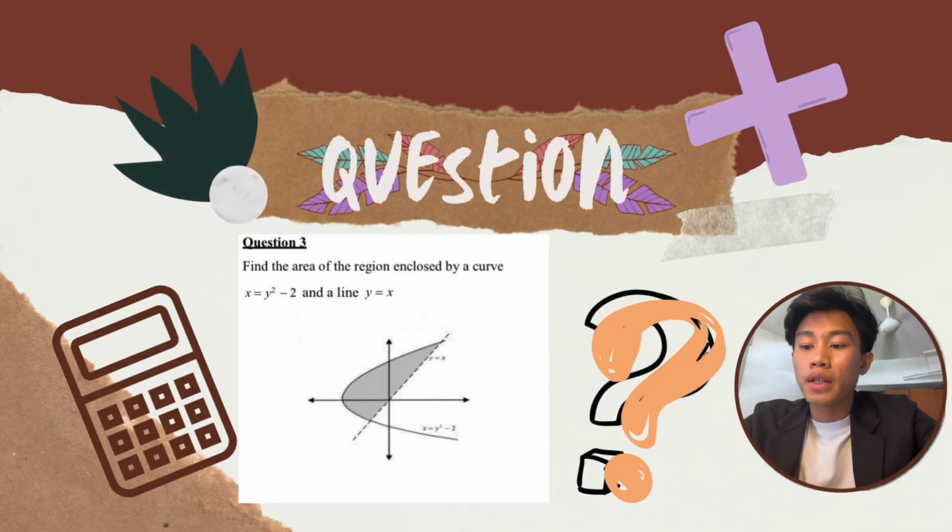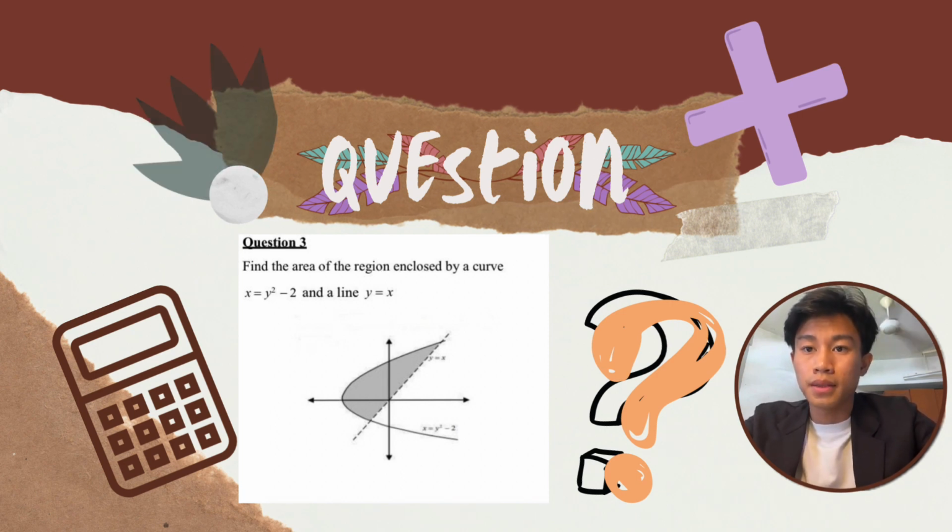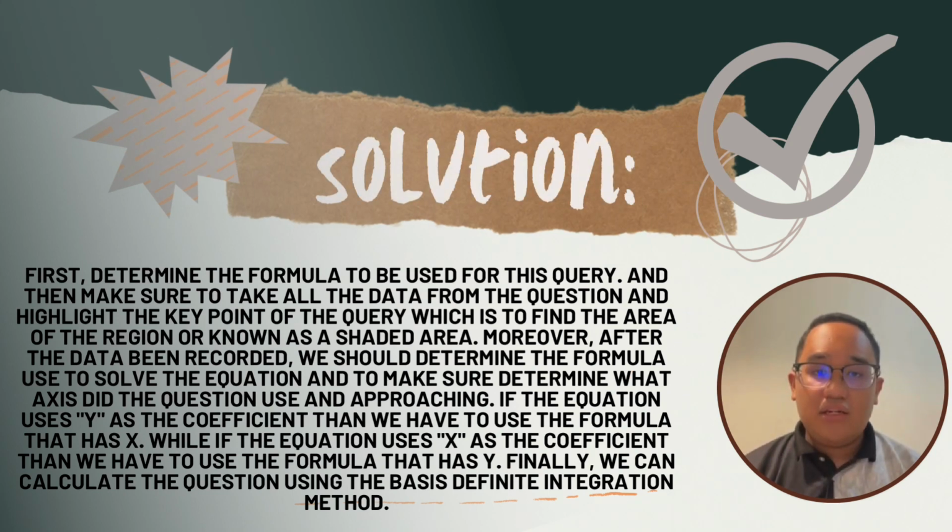So this is the question given that we are going to go through and solve, which is to find the area of the region enclosed by a curve. Given x equal to y squared minus 2 and a line y equal to x. First, determine the formula to be used for this query, and then make sure to take all the data from the question